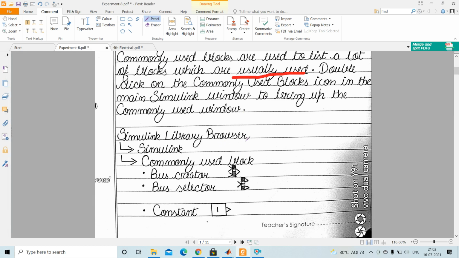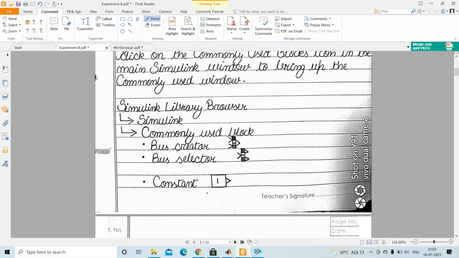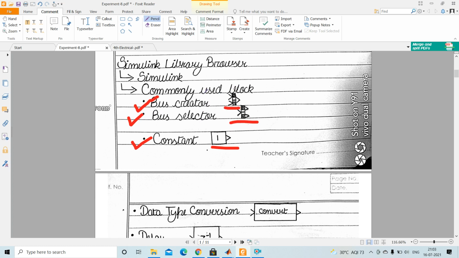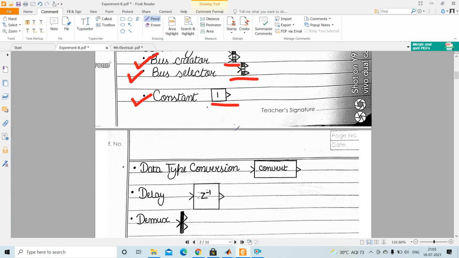Then the Simulink browser: first click on Simulink, then you open the Simulink browser, then commonly used blocks. Under this the parameters are listed: bus creator, bus selector, constant, and these are the symbols for them. For constant we use this symbol. You just see this and you can identify it in the software.